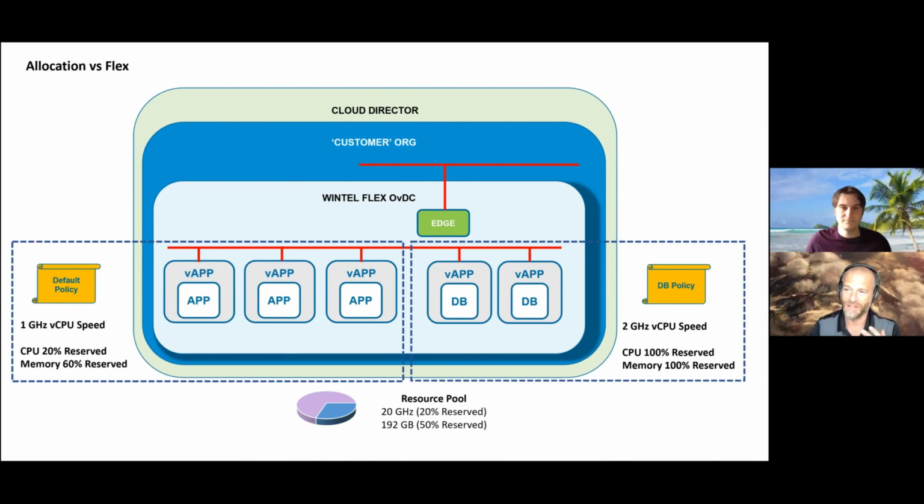There's kind of two ways of doing it, isn't there? There's the way of letting people spin up whatever they want until all resources are depleted, which for a service provider would imply a bit of capacity management, keeping an eye on how this org VDC is expanding, making sure there's enough resource to cope with that. Or there's limiting a resource pool per customer, and then charging them, even though it's limited within the resource pool, for the policies that they're actually using. So I think it allows them to get much more granular with the traditional models of reservations,